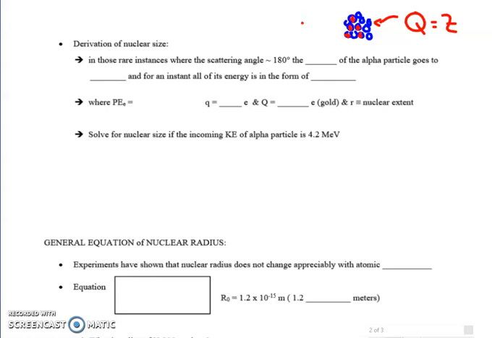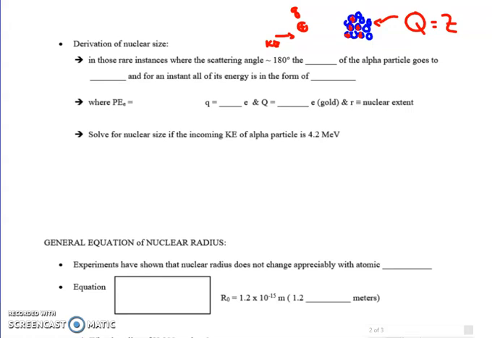And then we have our probe coming in, which we're going to call little q, that's our alpha particle, and we know that its charge is 2. We'll fill that in later. So this particle, which is also positive, I'll just draw as a little moving positive sign with a circle around it. It's coming in with a certain kinetic energy, and as it approaches the nucleus more or less head on, other angles it's going to deflect, but the very few that more or less come back,